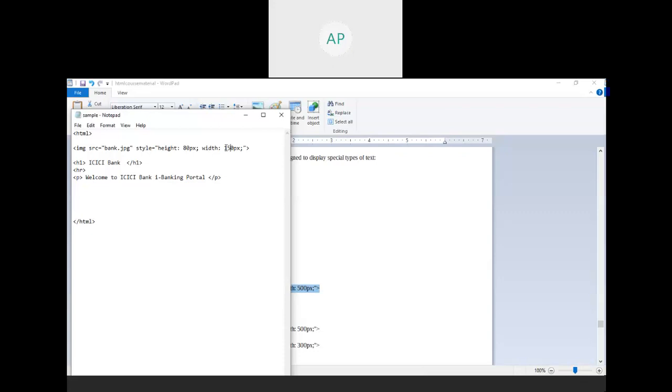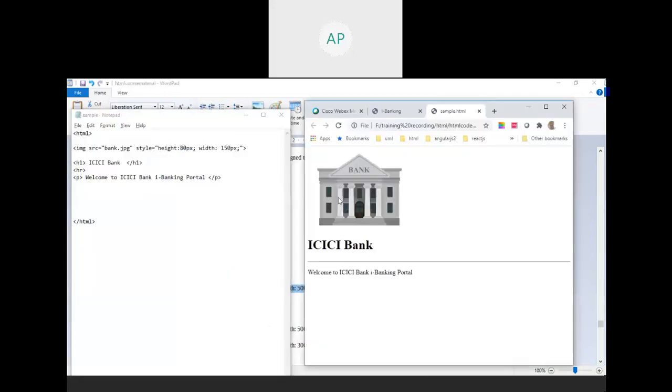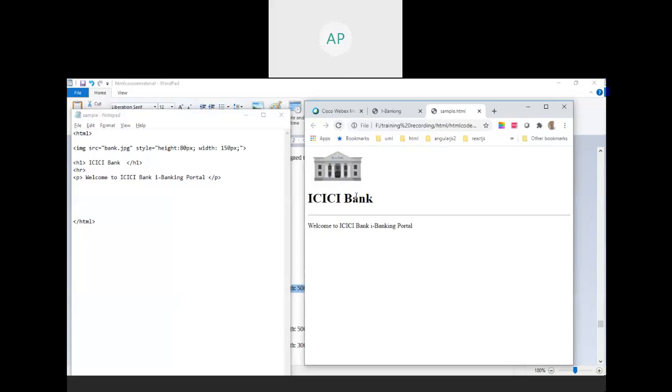As of now, have some idea about the style. Let me refresh this one. See here, the image became smaller. By using style, you can do this for a paragraph also.